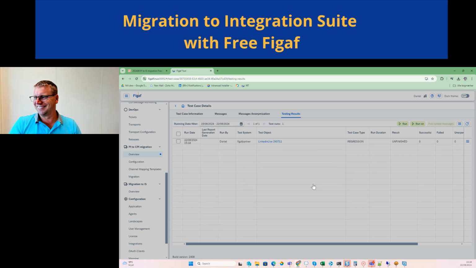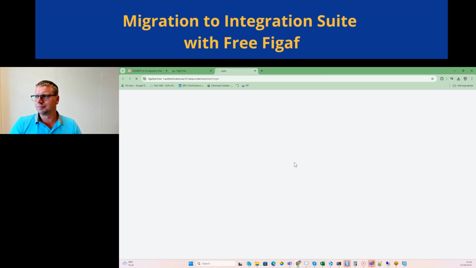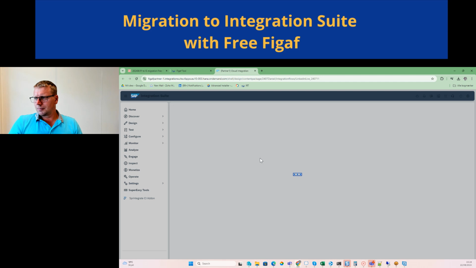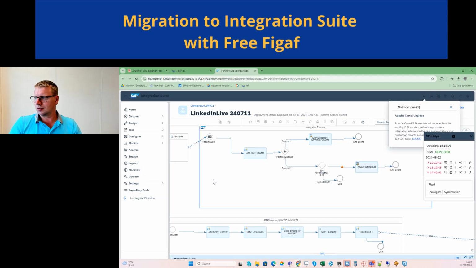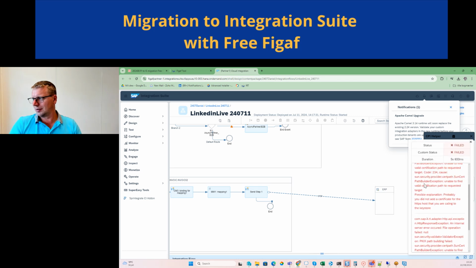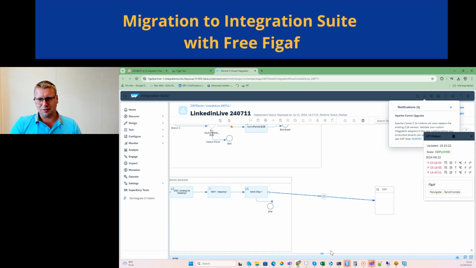Hopefully I got it deployed. It's always a bit interesting. So we can see here the iFlow that is being processed as part of this. Any questions on what you can test, what you cannot test is always good. So we can see here it fails for some reason. So there's some Camel errors. Yeah, a certificate. I think this has been migrated without certificates and wrong service. So anyway,